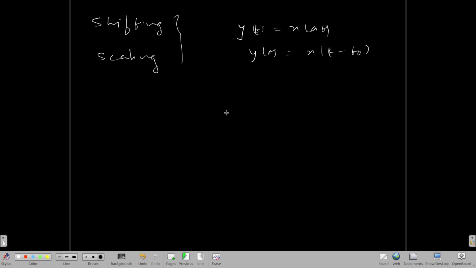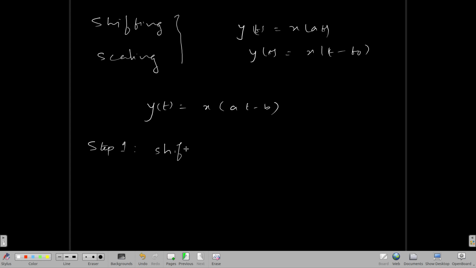Now what if we have something like y of t is equal to x of at minus b? That is, you have to scale and you have to shift. Okay, if such a question comes, don't worry, in the next lecture we will discuss problems so that you have a hold of this. I'm just giving you the direction steps here so that when the question comes, you won't be blindsided. Okay, if this happens, step 1,